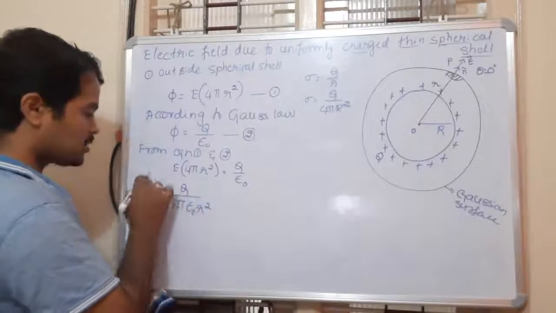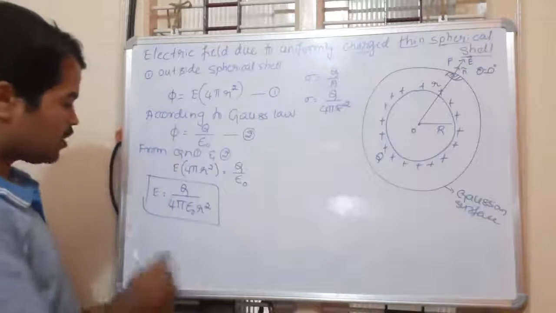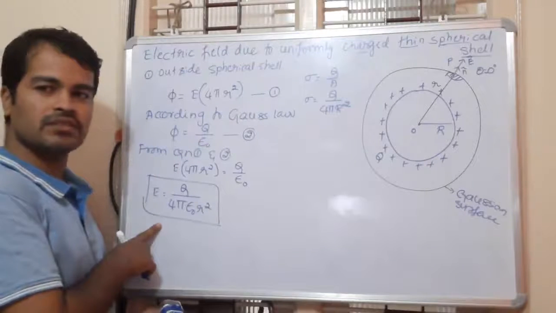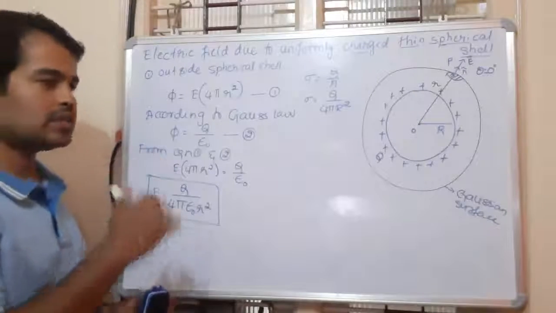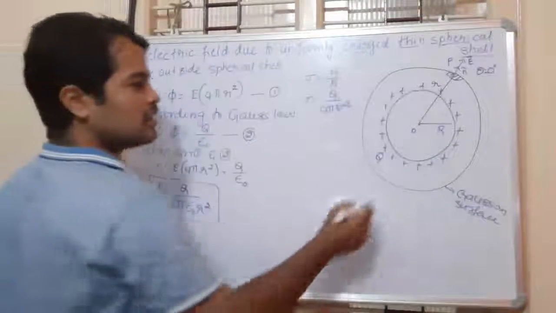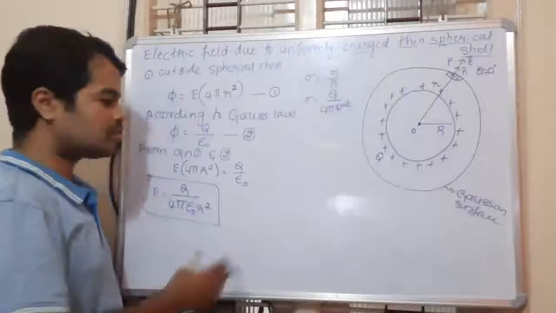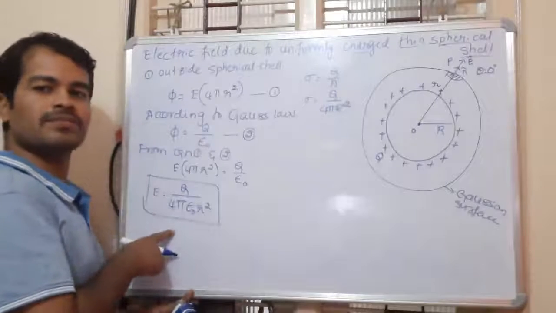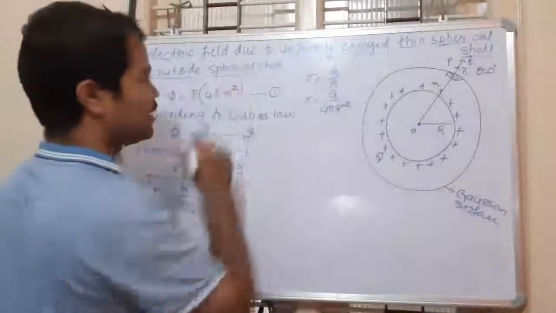Now look at this equation, it's very important. What does this look like? From where do we get this equation? It is the electric field of a point charge. The same equation means the entire charge distributed over the shell acts as if it is concentrated at the center. So that's why we are getting this equation. Now case 1 is done, where the point is outside the spherical shell.